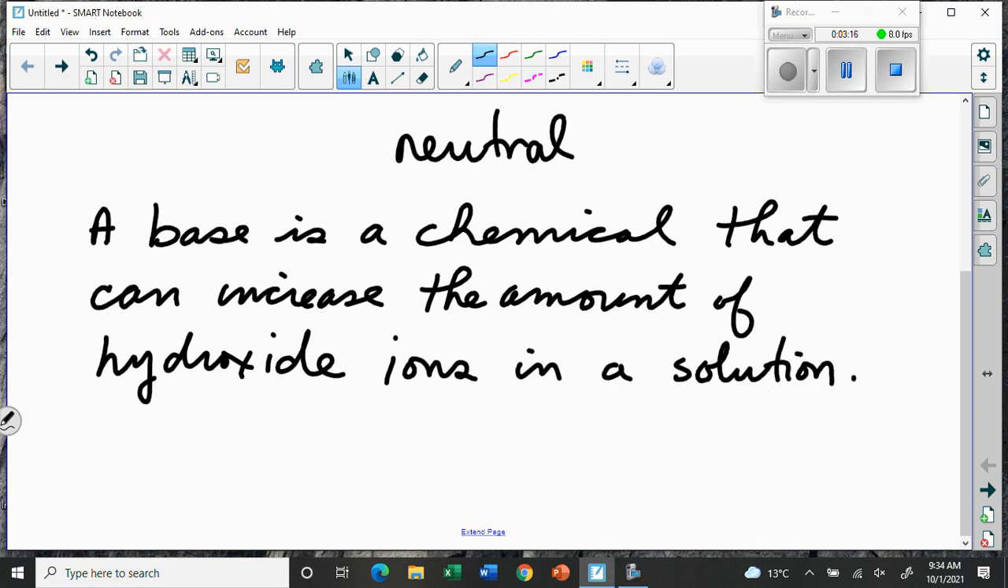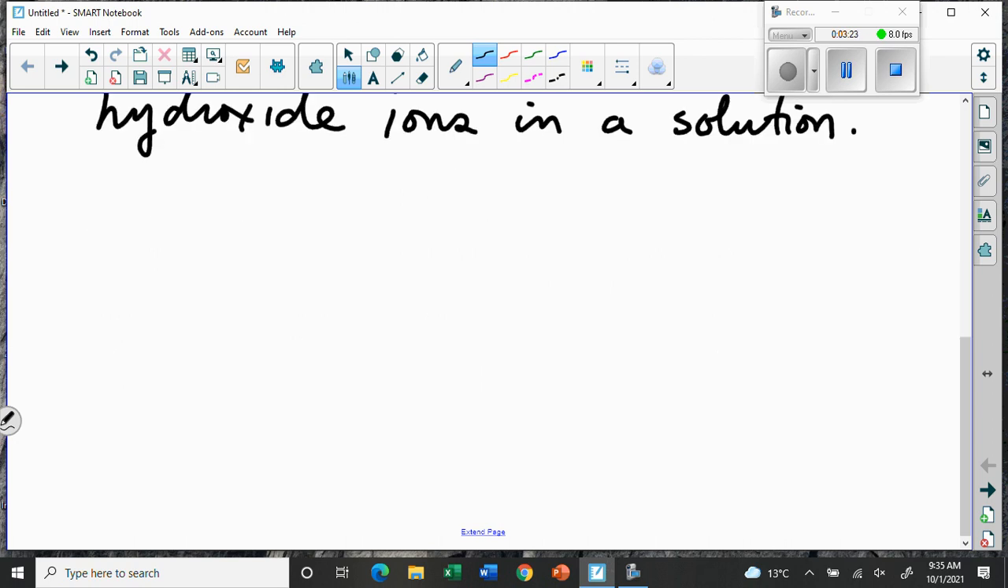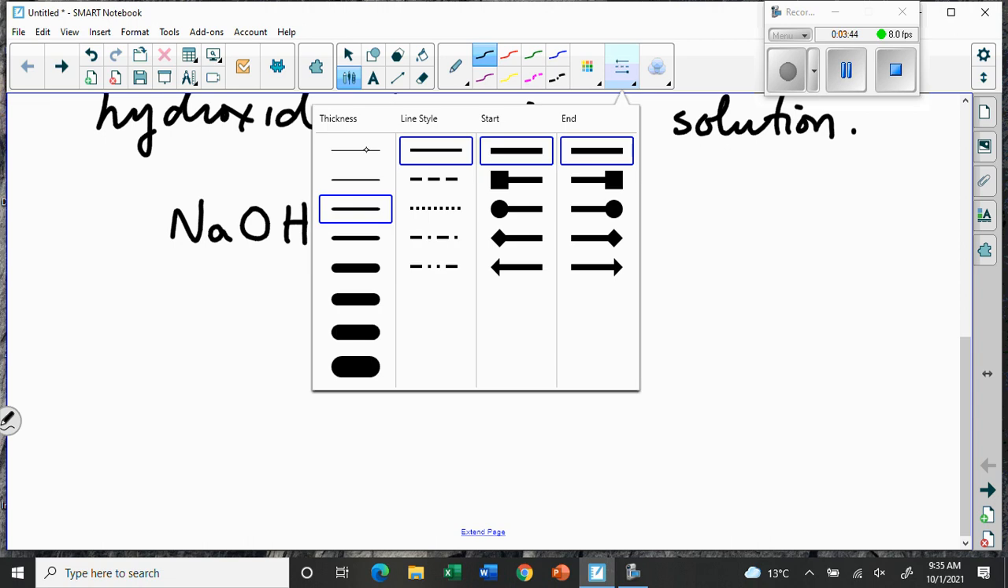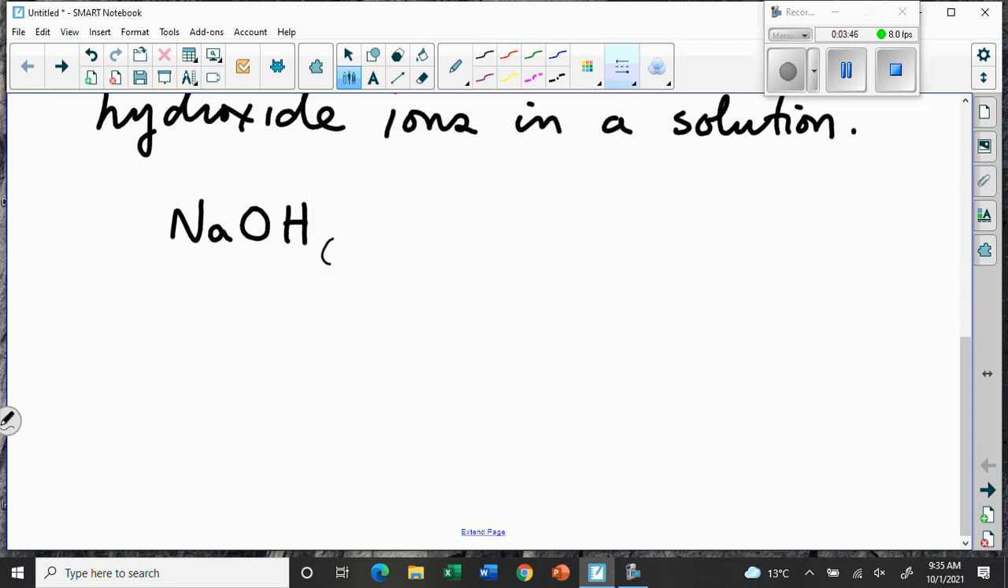Now, how do they do that? Well, there's 2 ways that this could happen. One of the ways it can happen is if they happen to have hydroxide ions in them. So one of the easiest ways to see a base is to look for hydroxide ions. And, so for instance, NaOH, we call that sodium hydroxide. Well, if that goes into the water, so we put sodium hydroxide and we dissolve it in water, there's my AQ, so now it's dissolved in the